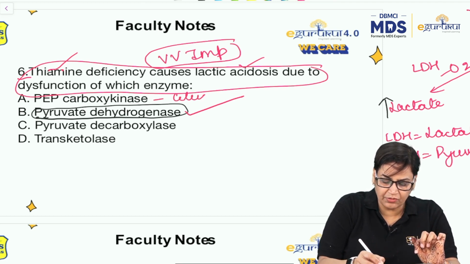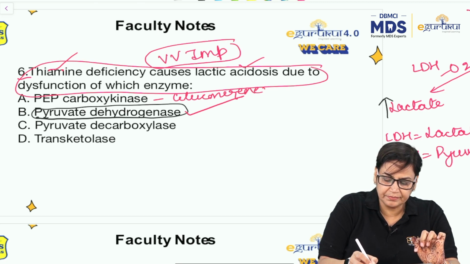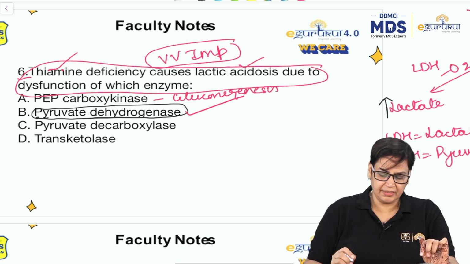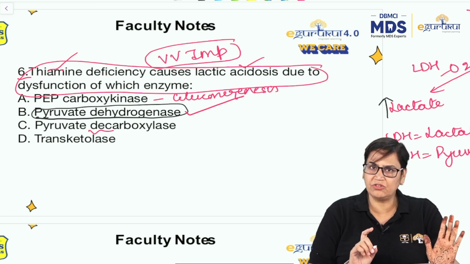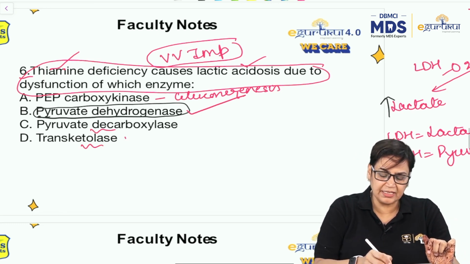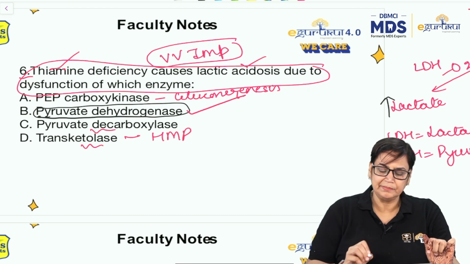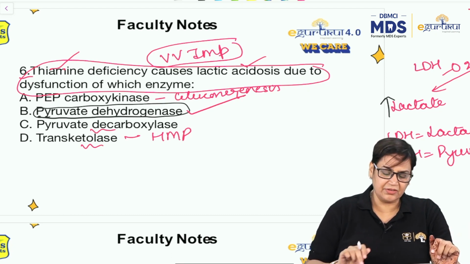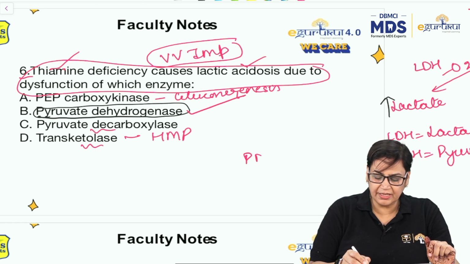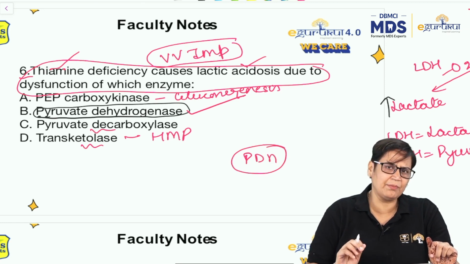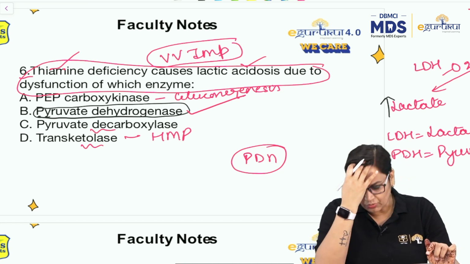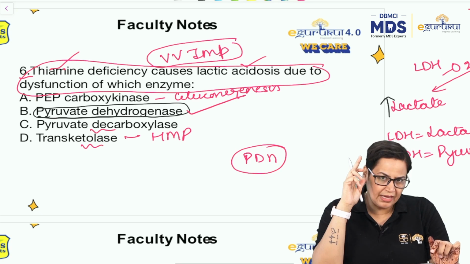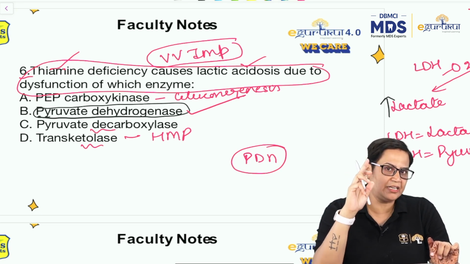If we talk about phosphoenolpyruvate carboxykinase, it is an enzyme of gluconeogenesis, right? Pyruvate decarboxylase will do decarboxylation, but it is not a dehydrogenase enzyme. Transketolase is an enzyme of the HMP shunt. So here you can say the answer will be PDH or pyruvate dehydrogenase, which is a very, very important enzyme of the multi-enzyme complex. Now one more question comes up, regarding the coenzyme or vitamin